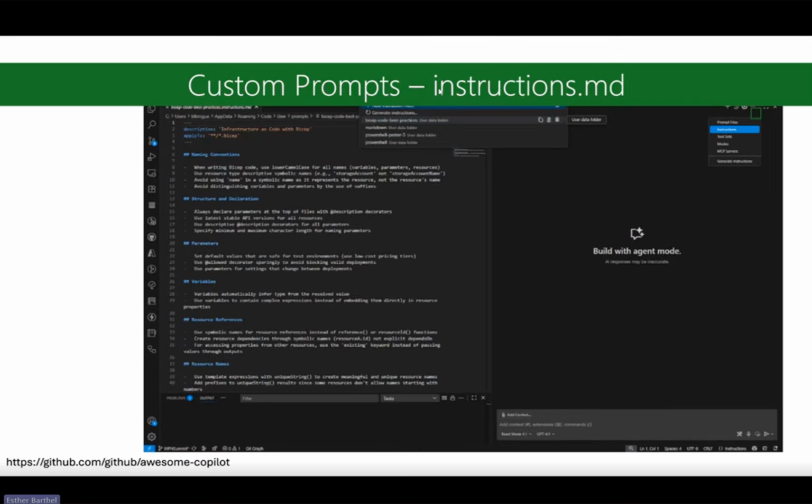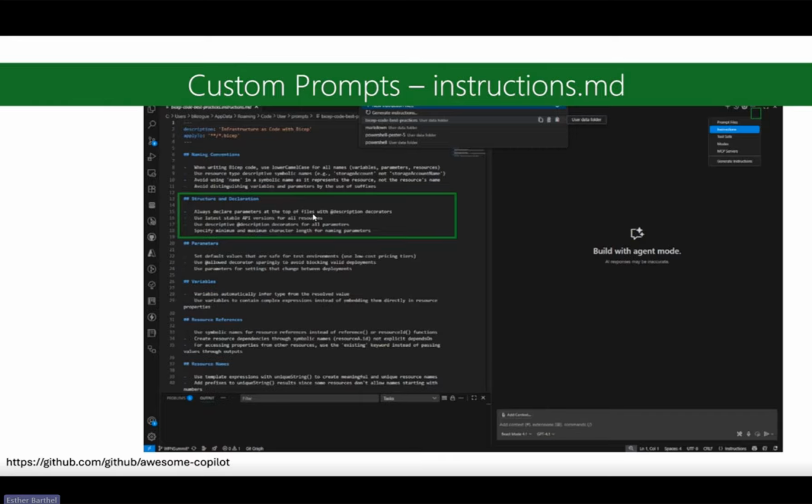Another thing is what they call instructions, and that zooms in on, and I don't think I have it. Oh, yes, that zooms in. For instance, it has an apply-to tag. That zooms in on specific files or language files that you create. In this case, it's the one for Bicep that I just took from the repository and implemented by adding it to my workspace.